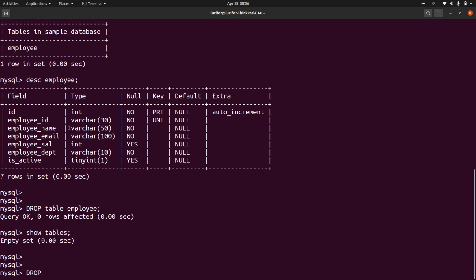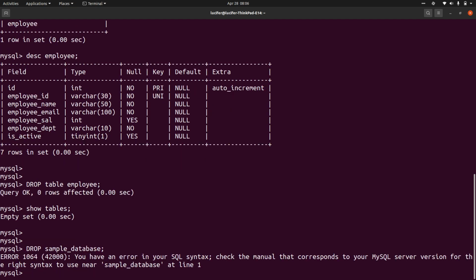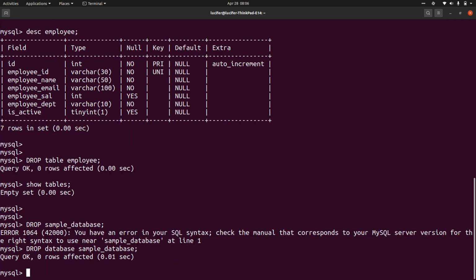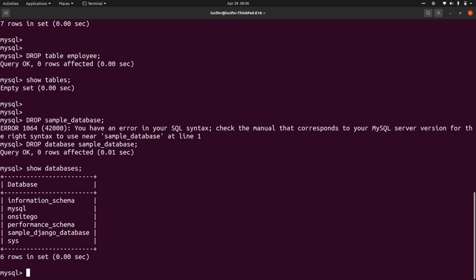Fine. So you can similarly drop the whole database, right, using the same command drop. We are currently in the sample database, so you can drop the sample database, right? Sorry, we have to give the object name first. We are dropping something, but we should also mention what we are dropping, right? So this is a database. You will have to mention drop database name, right? Now the database is also gone. So if you want to check, you can check using show databases, right? So you can see that the sample database is gone now.